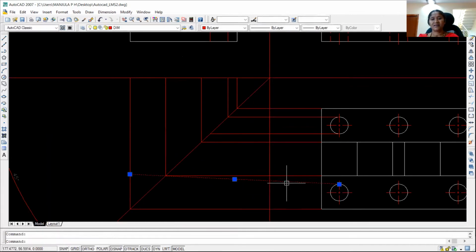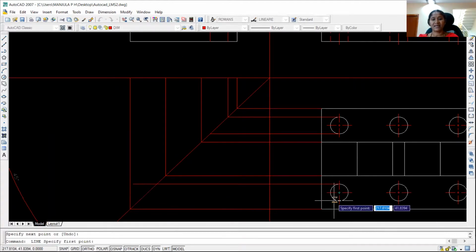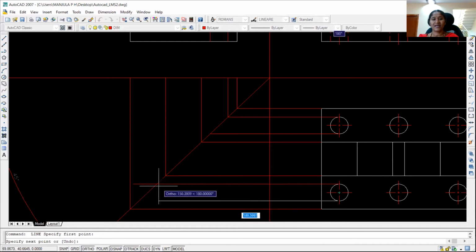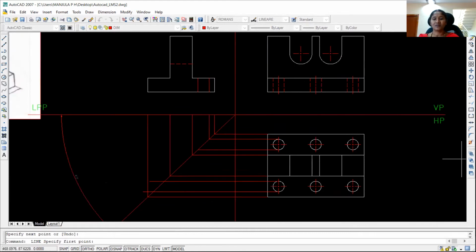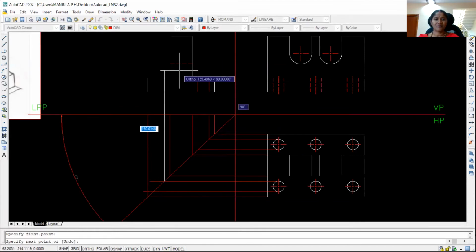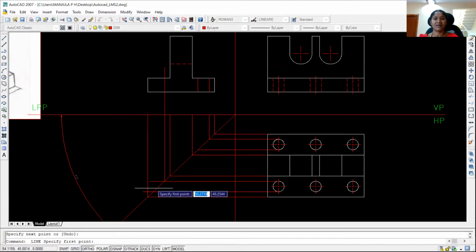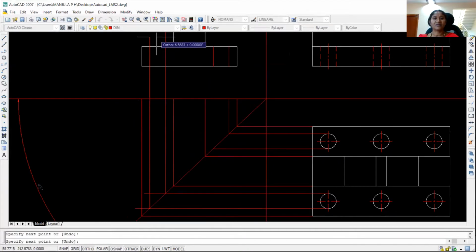Okay. So for that, make use of the line command. Type L, enter. From this end, draw a line to the 45-degree line, space bar. Again, from this point, you draw a line to the 45-degree line. Now I have to project it upwards. So go to line command, again L, enter. From this point, you draw a vertical projector to this point. Space bar. Again, from this point, you draw a vertical projector to the side view. So be careful while drawing. Line, enter. From this point, I have to draw a vertical projector to the side view.